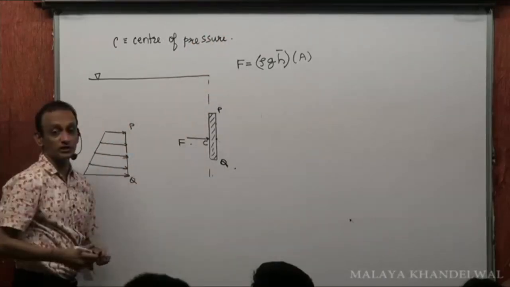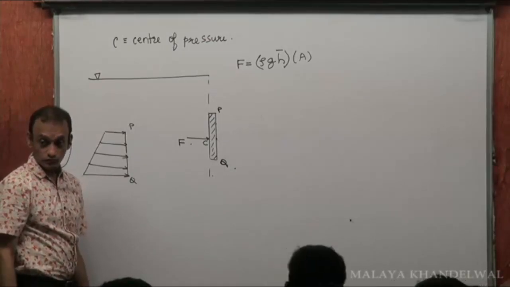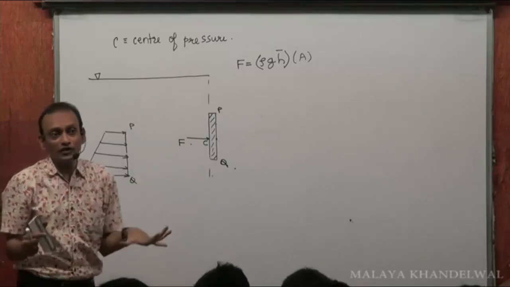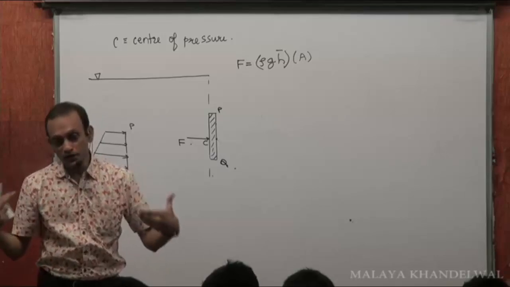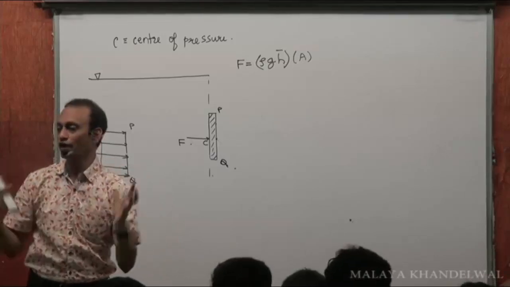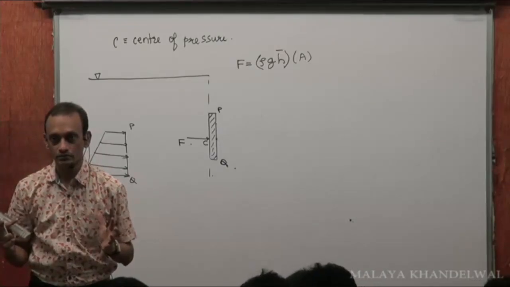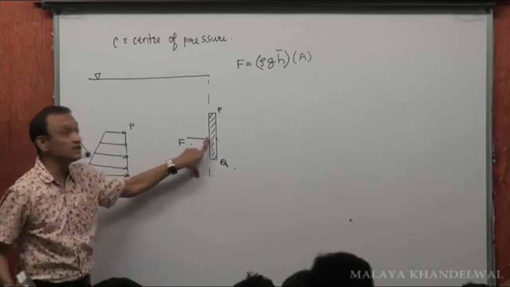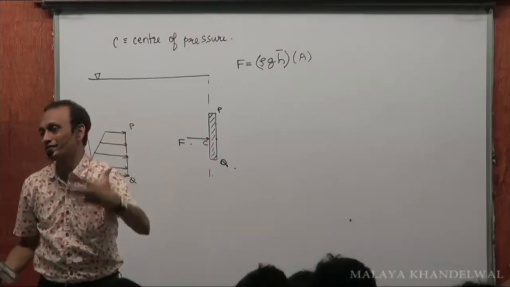This is the center of pressure. You know what I'm saying? So I should know not only the total force acting. I figured out it's so easy to compute the total force acting on this lamina, right? Pressure at the center of gravity into the total area will give me the force acting on this lamina, right? But I need to find a unique point C on this lamina where I can imagine this entire force to be acting,